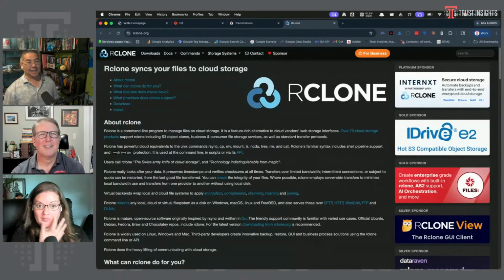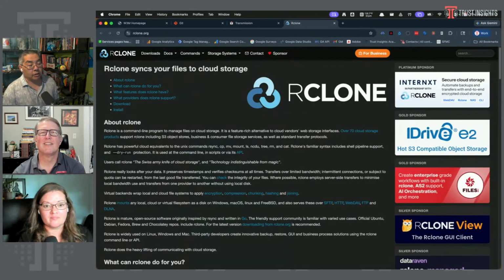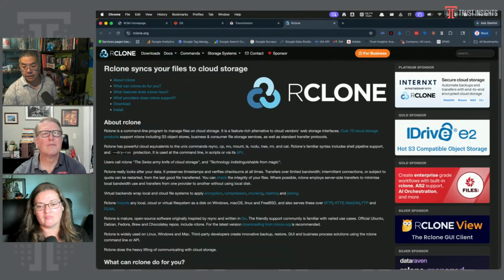Exactly. rsync and rclone are command line utilities. rsync will synchronize two directories, one from the other. For example, every Monday and Friday, I have a script on my computer that backs up my entire code directory to the Trust Insights Google Drive, so that I no longer have to remember to back up my mission critical code.